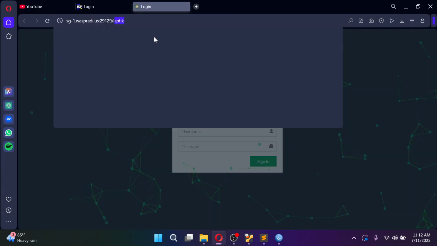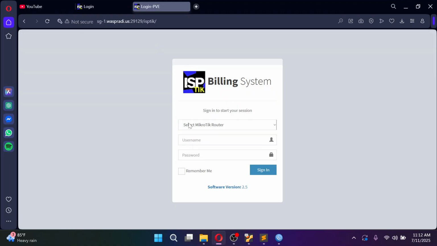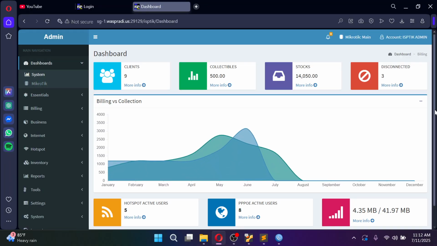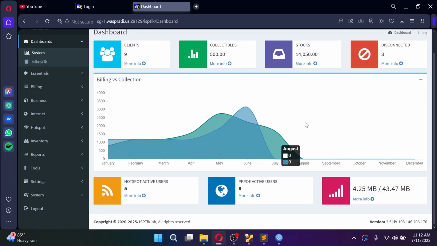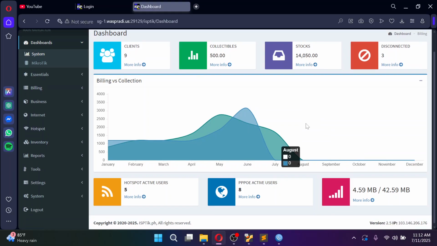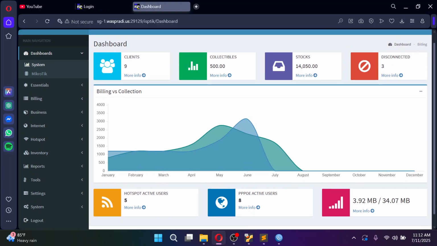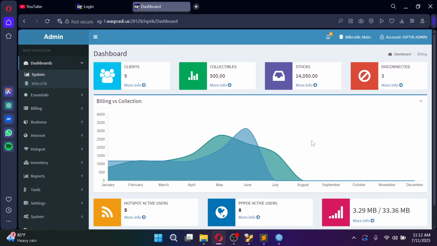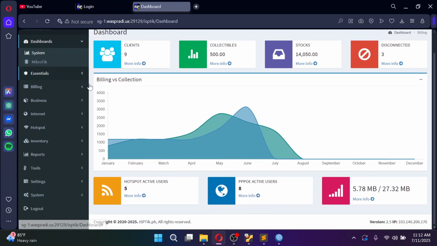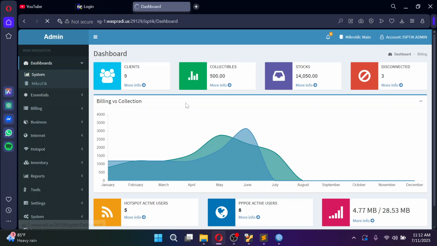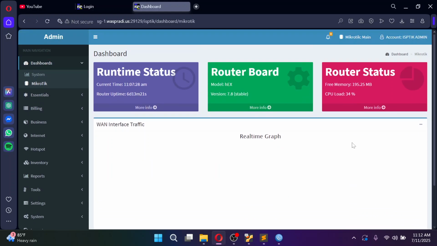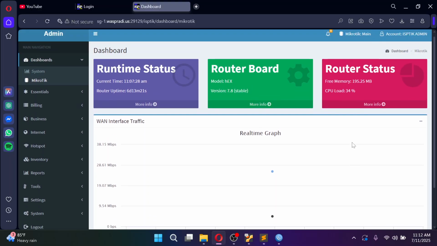So this is what it looks like. That is what the ISPTIC looks like now. So this is the main dashboard, redefined, redesigned, and this is the MikroTik dashboard for the graph interface.